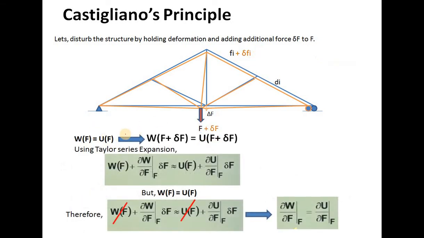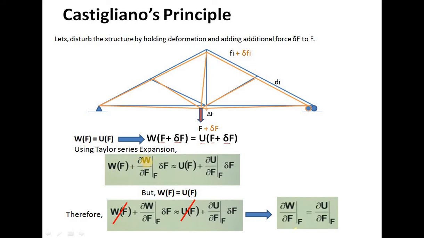Okay, now if I try to do that for the disturbed structure, external work done is a function of externally applied force F and the disturbance caused to the external force F, that is delta F, which is equal to strain energy, which is once again the function of force F, plus the additional imaginary force which I have applied. Now if I use the Taylor series of expansion, if I expand, it will be like this: